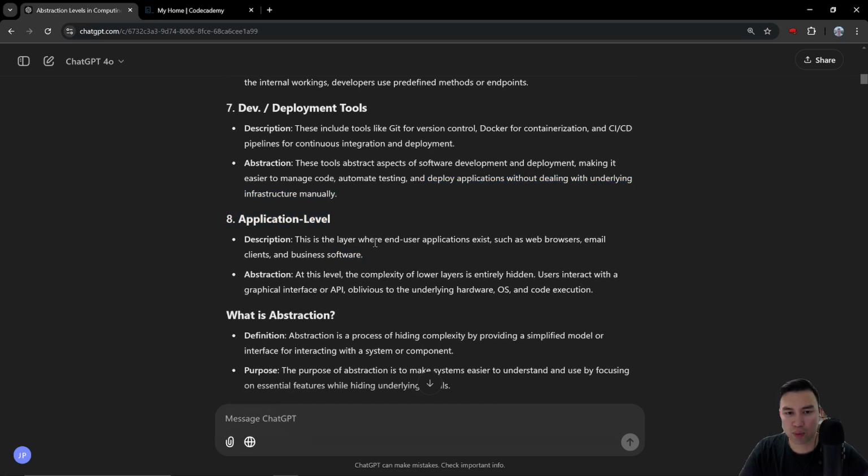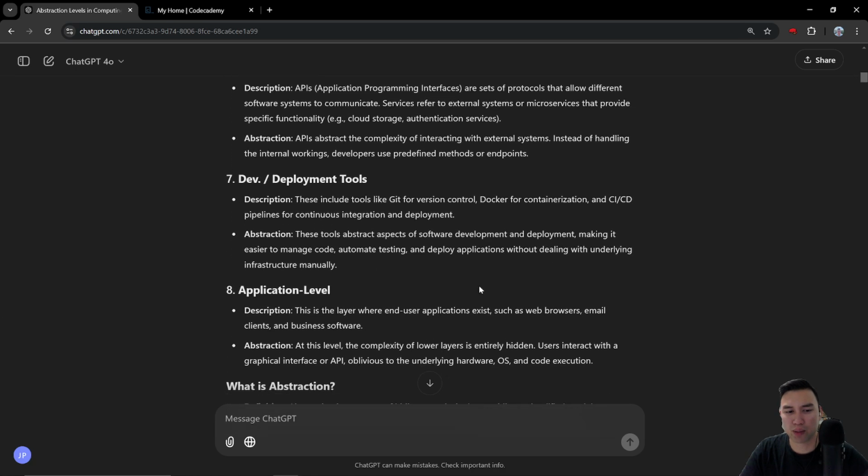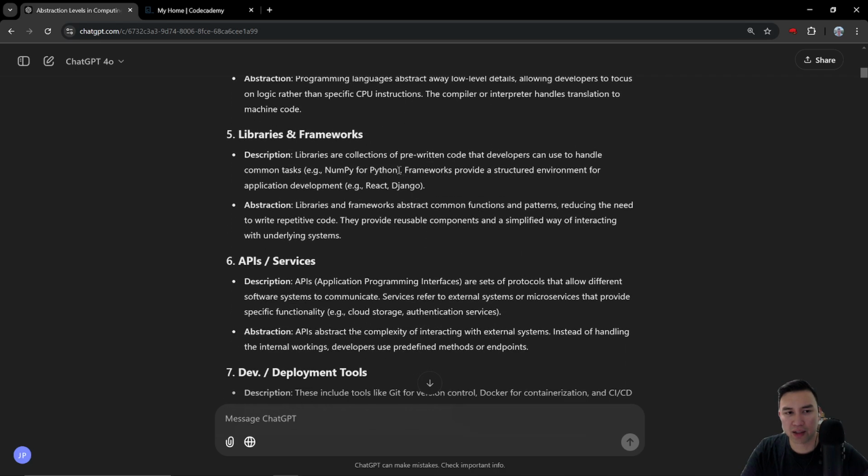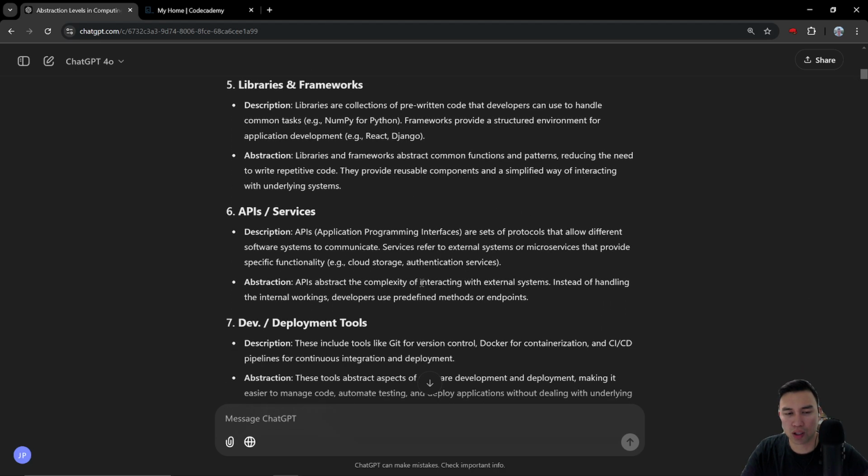So this is the level where end user applications exist, such as web browsers, email clients, and business software. At this level, the complexity of lower levels is entirely hidden. Users interact with a graphical interface or API, oblivious to the underlying hardware, OS, and code execution. So this is where most people live. I'm trying to go into it a little bit more, and then